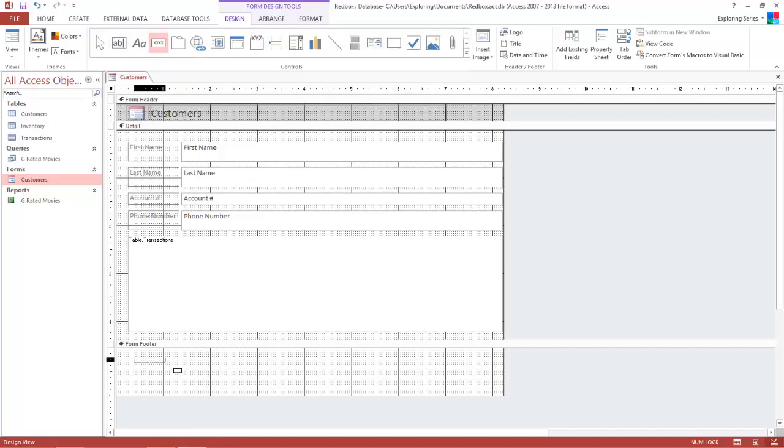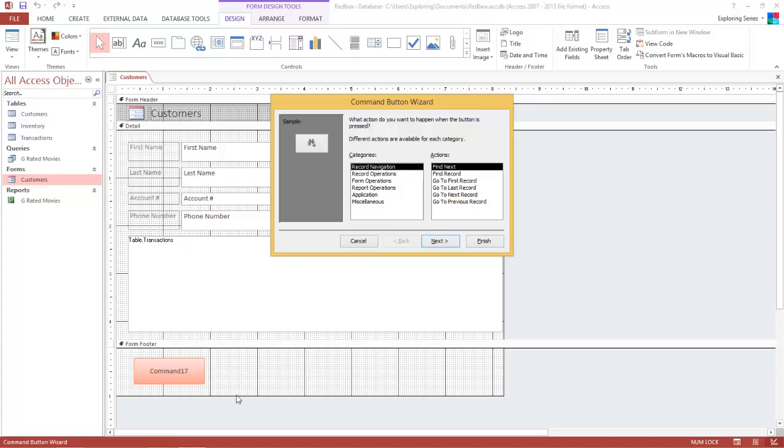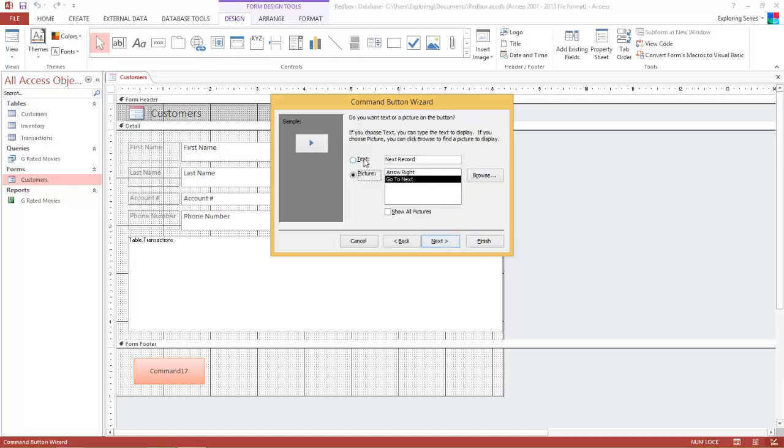So we're going to go and we're going to add some buttons. Okay, so I'm going to go in, let's add some buttons, and let's see what would be a good one. Let's go in and we're going to add some buttons to give us the ability to scroll through as we see fit. All right, so when I go into form operations and I have record navigation, let's do this. Let's go to next record. Okay, find next or go to next record. Okay, so what that's going to do, and I'm going to go and click next record instead of actually using a picture, is when I go in